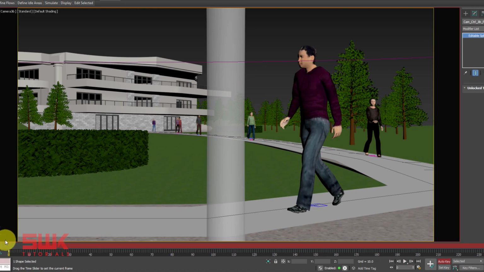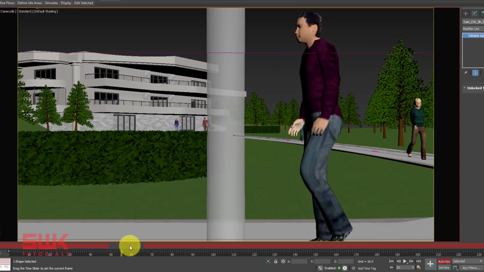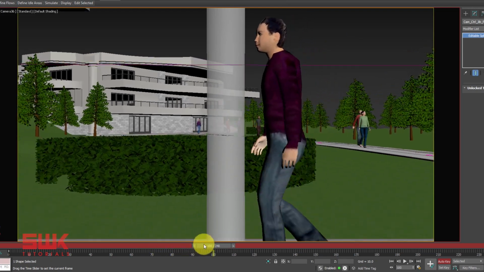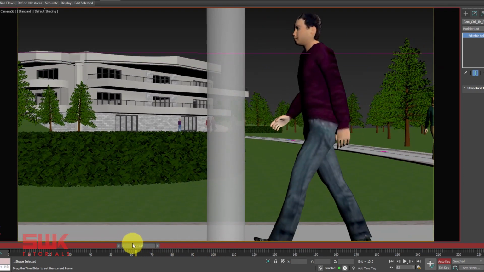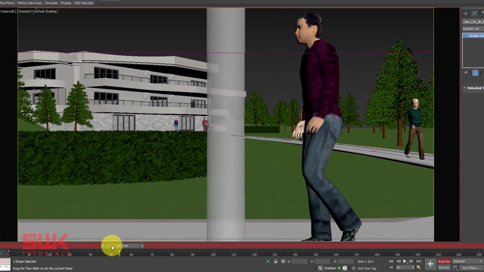So my camera is following it, and at these parts, if you see, my guy's head is actually touching this part. So I don't like this place, somewhere here like this.